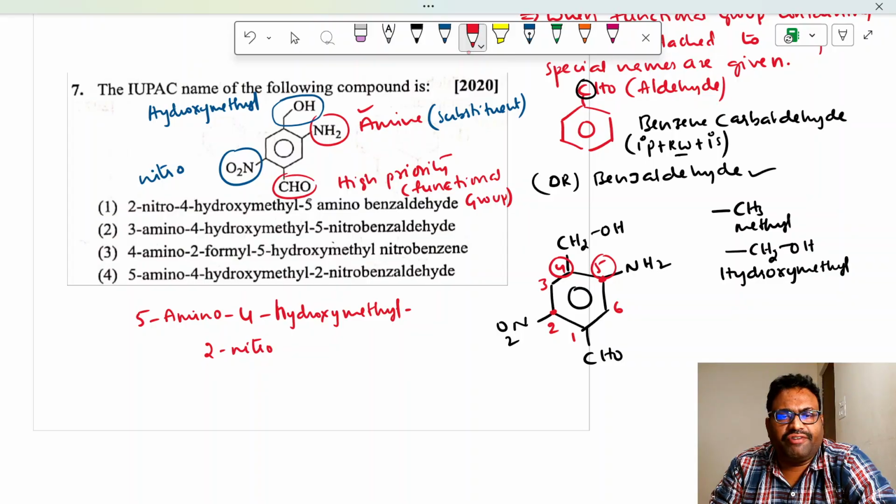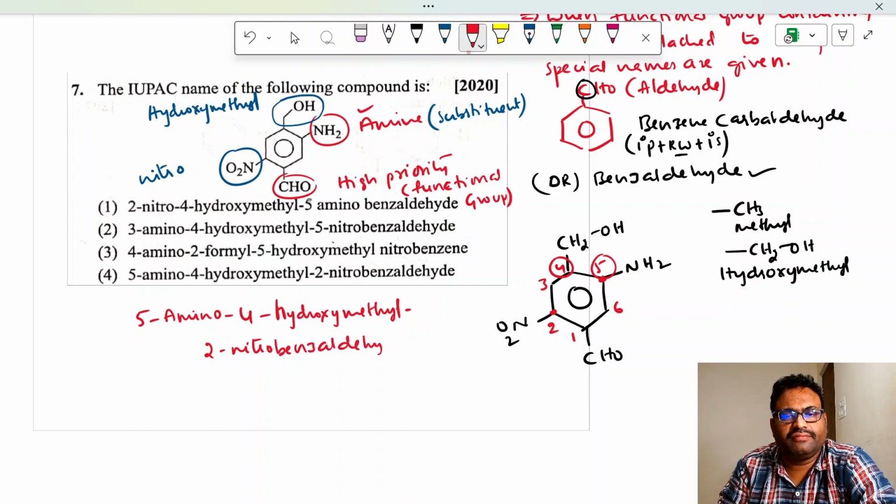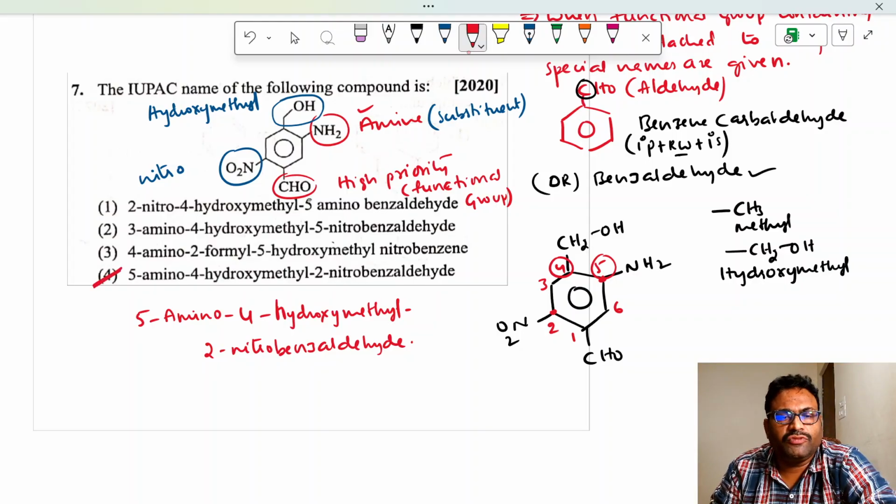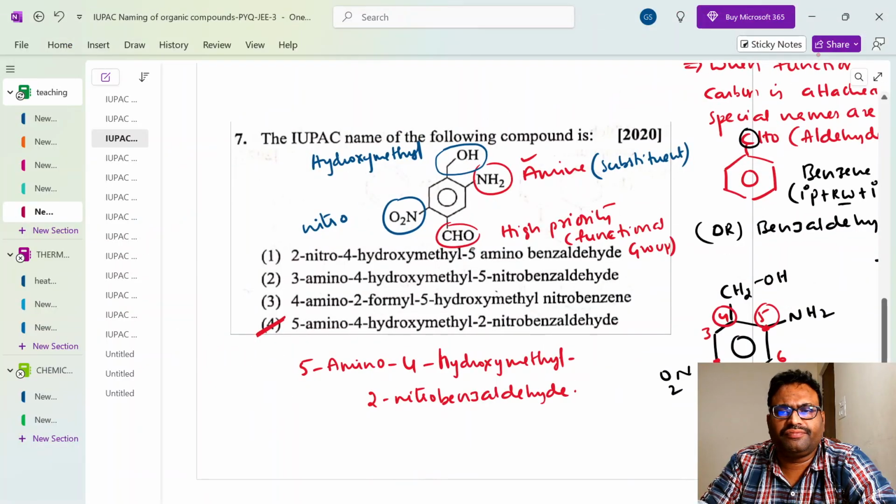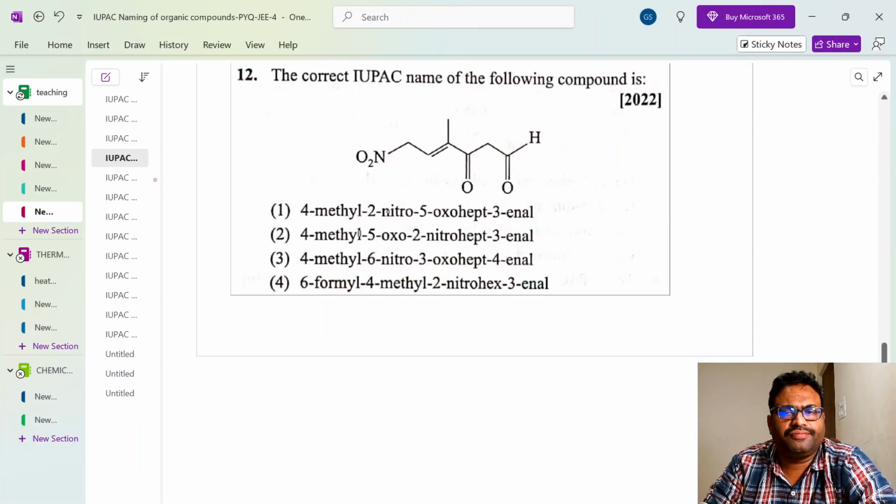In all these we find only benzaldehyde. So directly we can write benzaldehyde. So where is that option? That option is, if you see, 5 amino 4 hydroxymethyl 2 nitrobenzaldehyde. Understood? Next, coming to